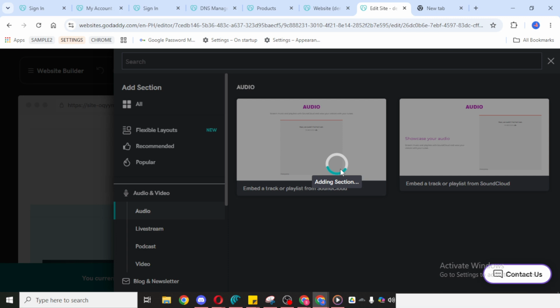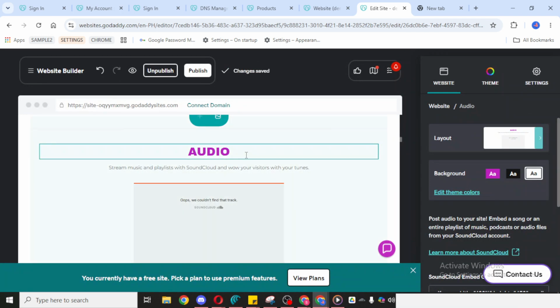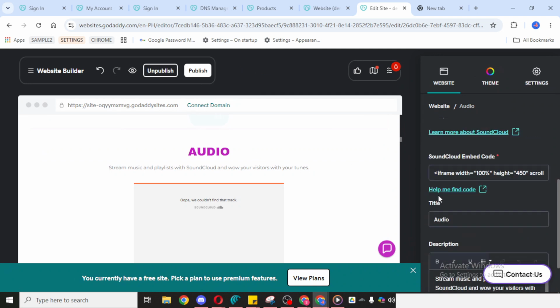Once you've pasted the embedded code, take a quick moment to review how it looks in the preview area. This helps you confirm that the player is showing up in the right place and that the section fits nicely within the page. When everything looks good, click Publish. Publishing saves your changes and makes the music player live on your website so visitors can see and use it. That's it. You've successfully added a music player to your GoDaddy website using an embedded code.